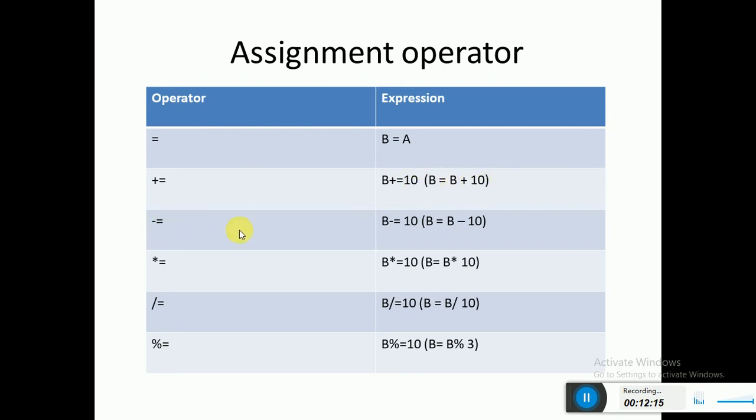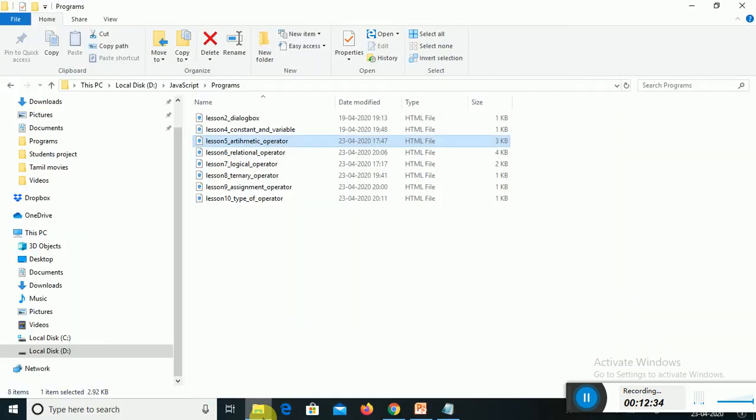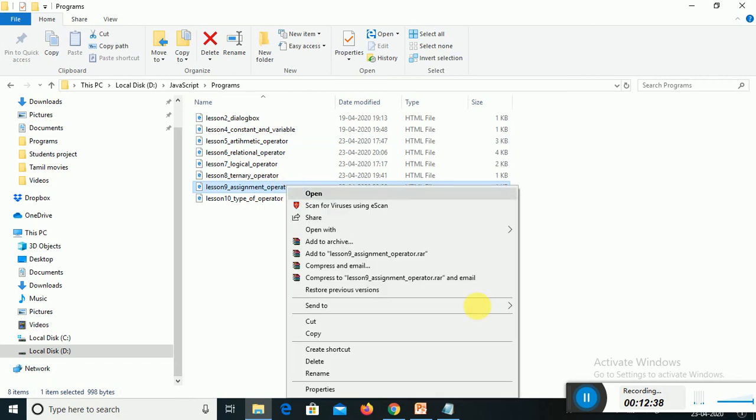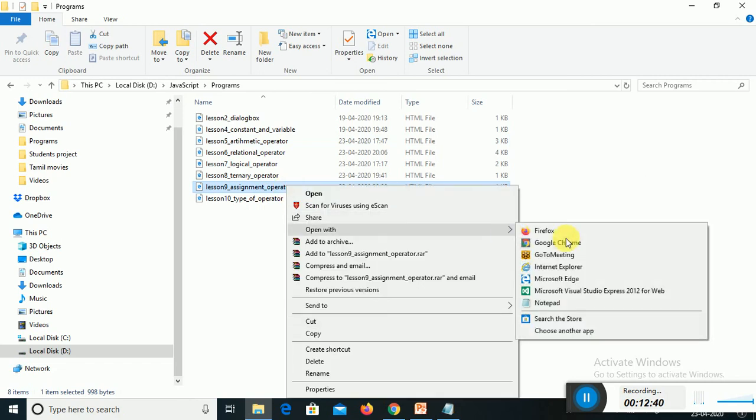So let us go to the code of assignment operator so that you will understand the logic. Actually speaking, in this training I am not explaining too much on problem-oriented solving, but I am explaining the logic of writing the code. Problem solving for different problems, probably when you are working in the lab, you will be able to do that. This is only a theoretical or demonstration part. For that, you have to understand the logic first. So let us see that.